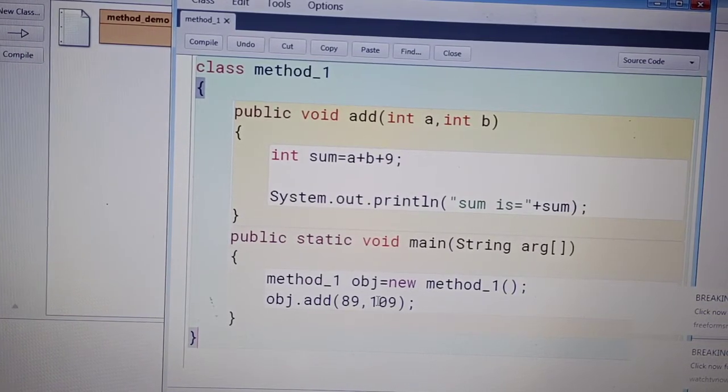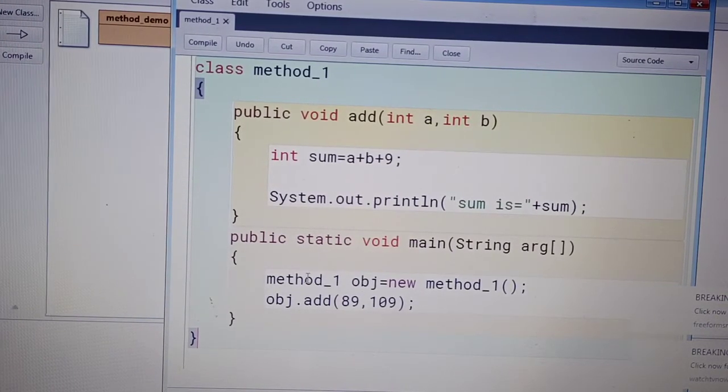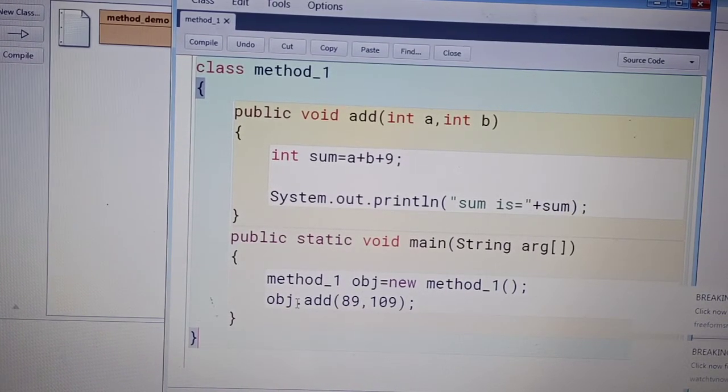Okay, how does it work? Firstly control comes to the main method. Control comes in this block, the main method, then it creates the object of the class. Then after creating the object, it comes to the next line and here it gets the add method with two int type values.